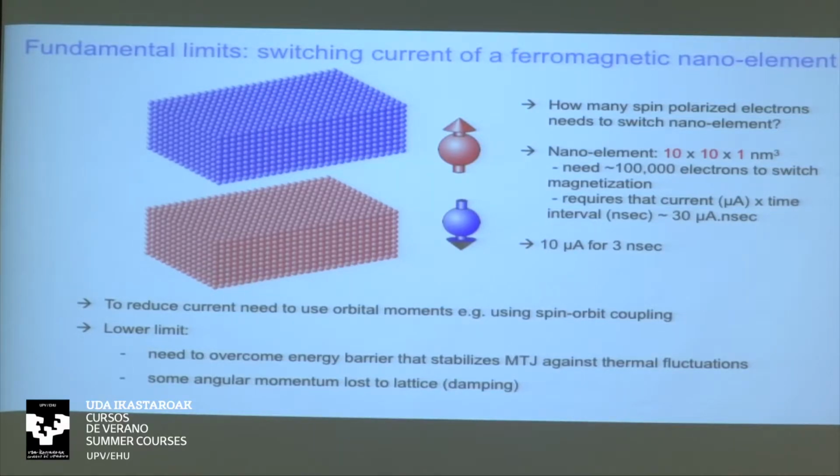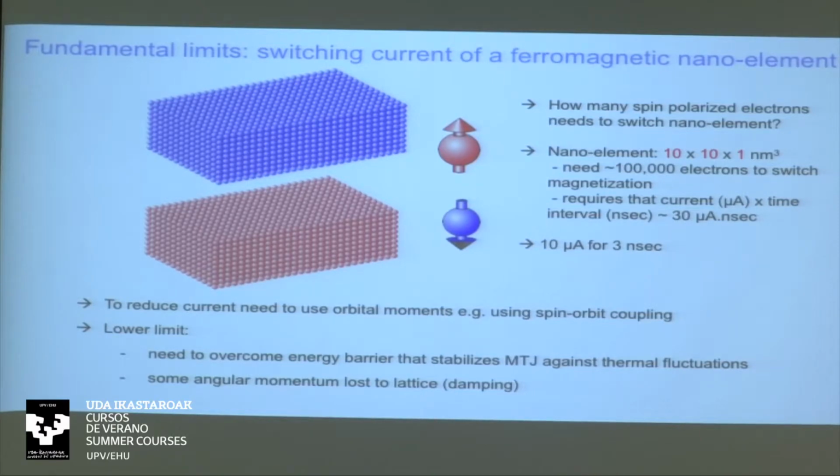Whereas if you want to switch a tunneling junction by passing a current through the tunneling junction, if you pass low enough currents, nothing happens, and you could read the device. But if you pass a big enough current, again, you can deliver angular momentum and cause switching of the magnetic moment. And if you estimate how much current you need, maybe you're not so interested, but it would take about